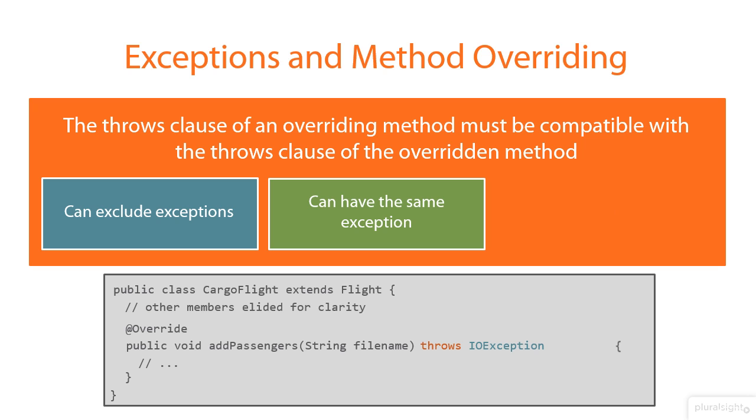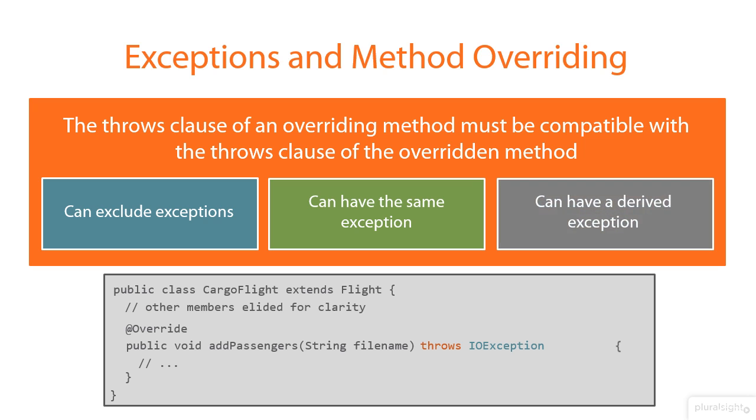But we can also indicate that we throw a derived exception. So for example, FileNotFoundException derives from IOException, therefore it's okay for us to say throws FileNotFoundException. Right? And the reason this makes sense is because we have to be compatible with our base